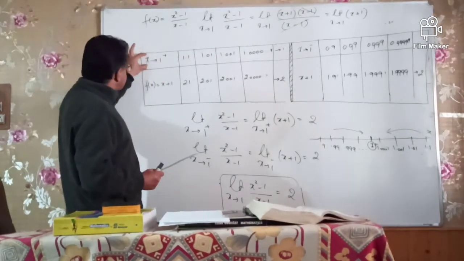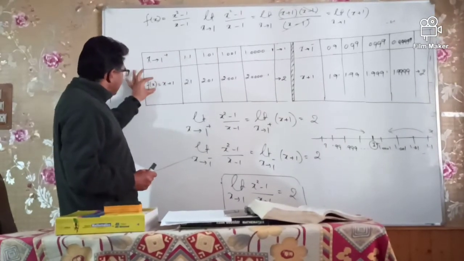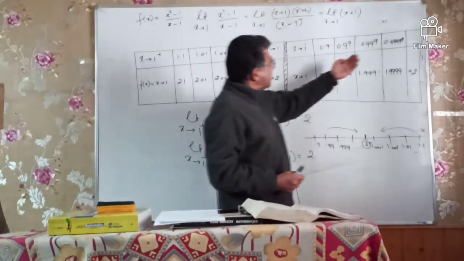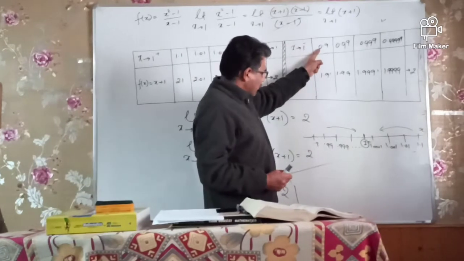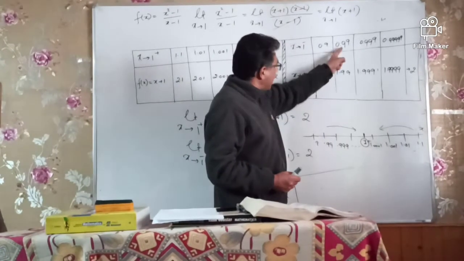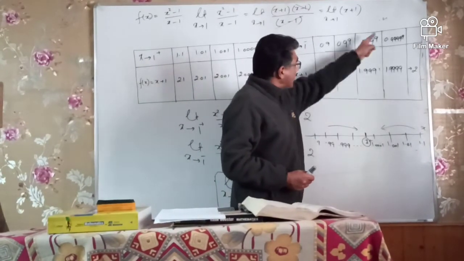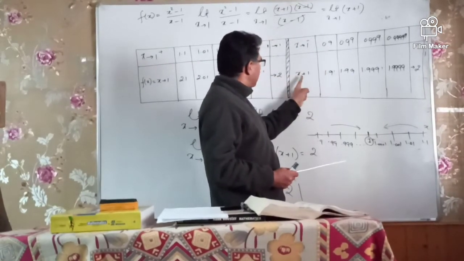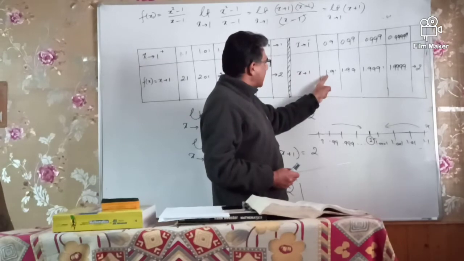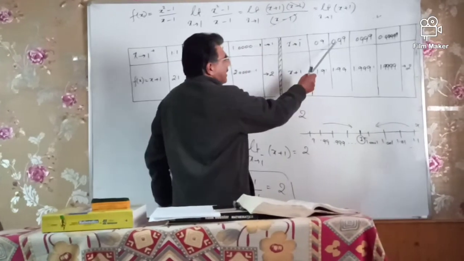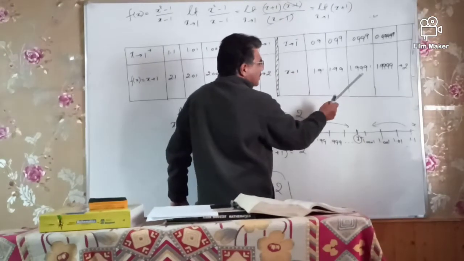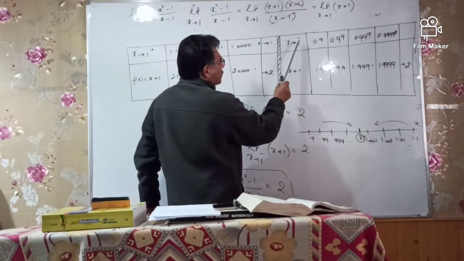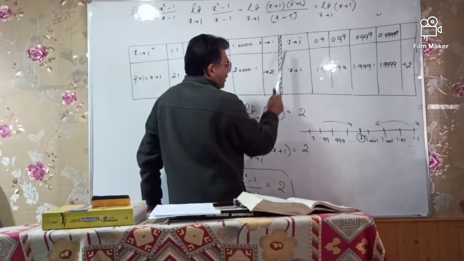इसका मतलब है जब x टेंड करता है 1 को, ये फंक्शन टेंड करती है 2 को। लेकिन अगर मैं इस रास्ते से आ जाऊंगा, यानी 0.9, 0.99, 0.999 ऐसे करके, तो यहां मिल जाएगा x + 1 का वैल्यू। जब मैं x का वैल्यू 0.9 लगाऊंगा, 0.9 + 1 बन जाएगा 1.9। इसी तरह आगे भी वैल्यूज बनती जाएंगी।